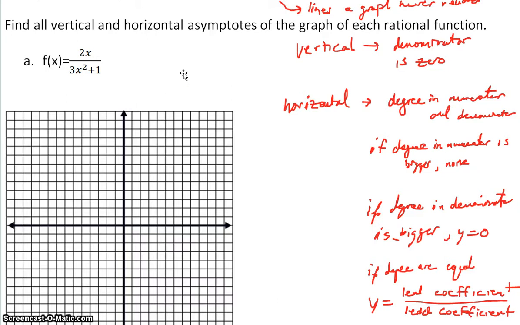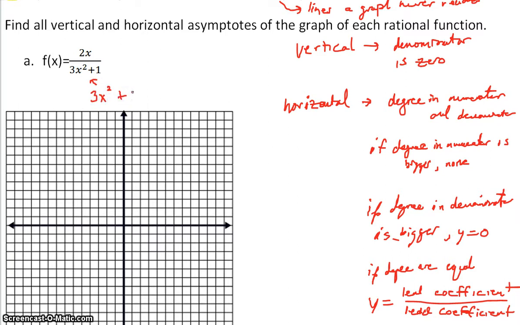So I want to talk real quick about how you find vertical and horizontal asymptotes for each graph. So looking at this, we have this function here. We want to find the vertical and horizontal asymptotes. So to start with, we're going to talk about the vertical. And to keep this short, we just want to know where this